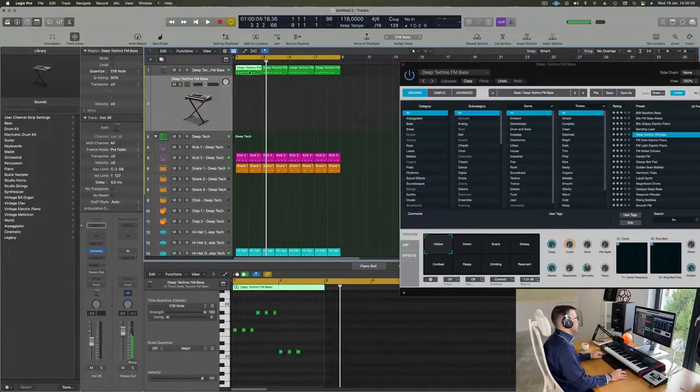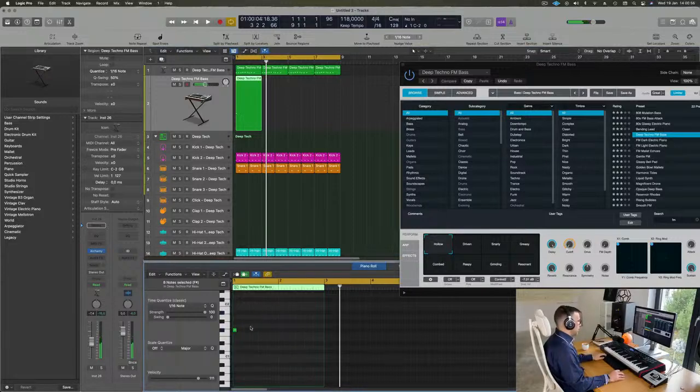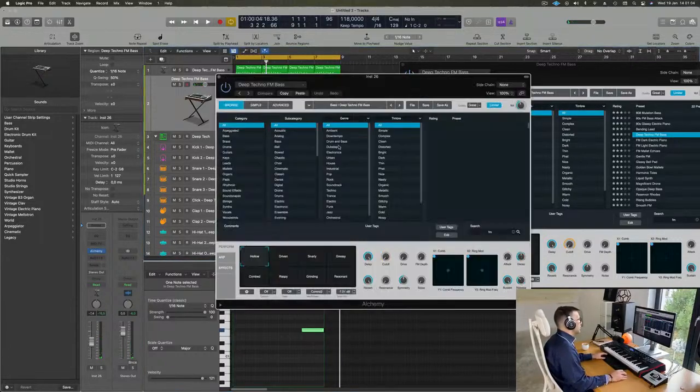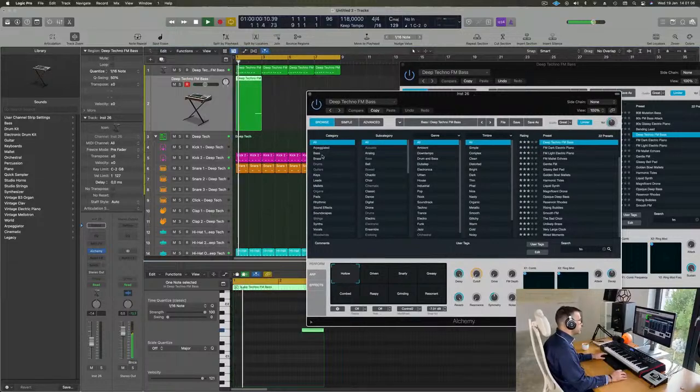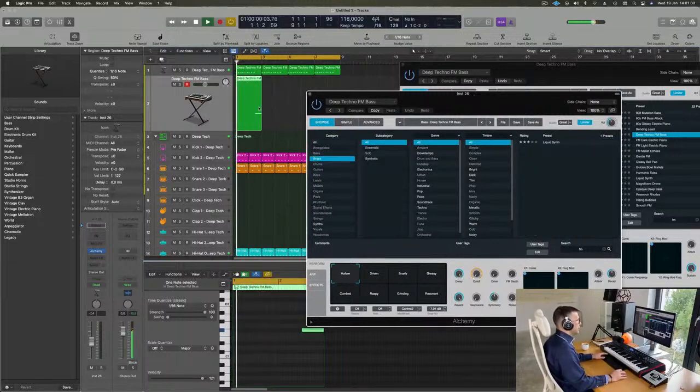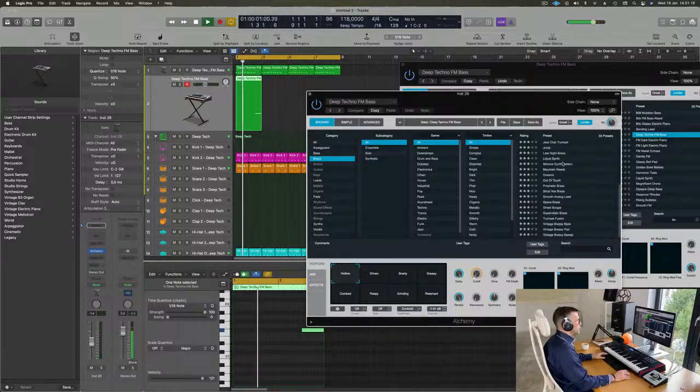So I would like to add, let's say, use this primary key here and put kind of a brassy effect for the last part here. So I'm gonna go into another instance of Alchemy. Notice brass. Alchemy doesn't have, I was gonna say a lot of brass, and there's only one. Okay, no, that's because I'm looking for FM, so